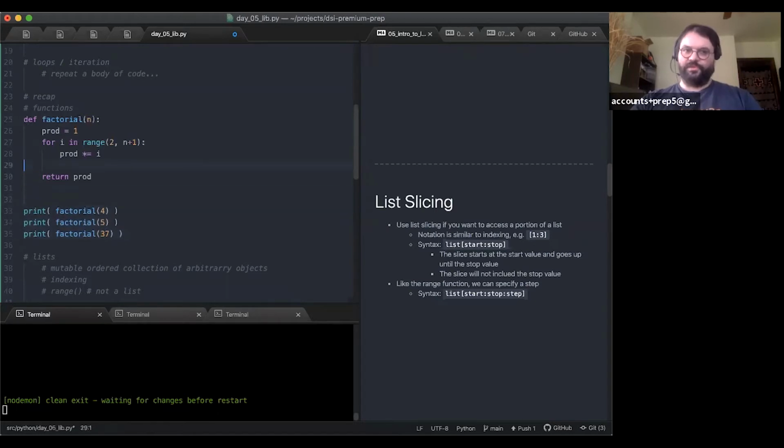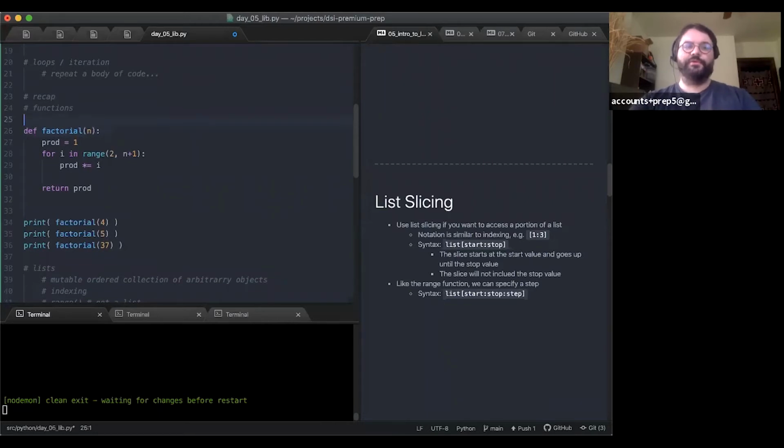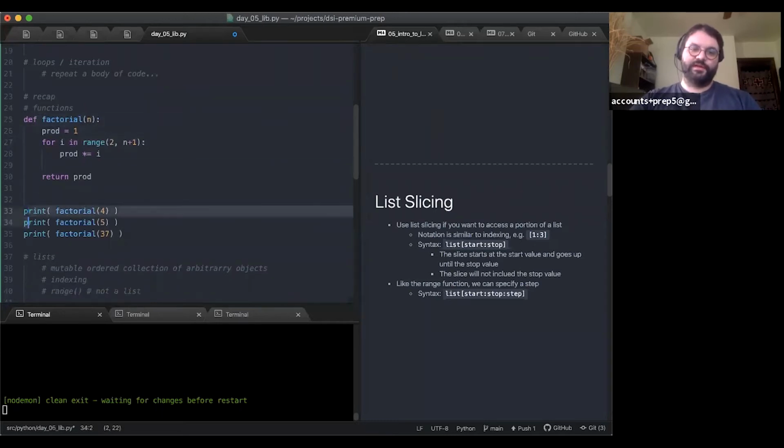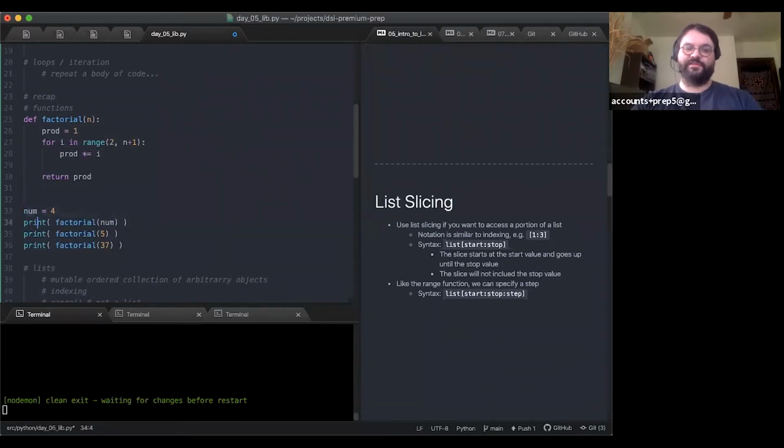There are a few pitfalls that I want you to remember to avoid, right? We don't want to set the value to test here or the value to utilize here. We don't want to set it here. We want to use it here. Now, if I wanted to do something like this, num equals 4, this is fine, because this is a global variable, but the way it finds its way into the function is what I like to think of as through the front door, right?